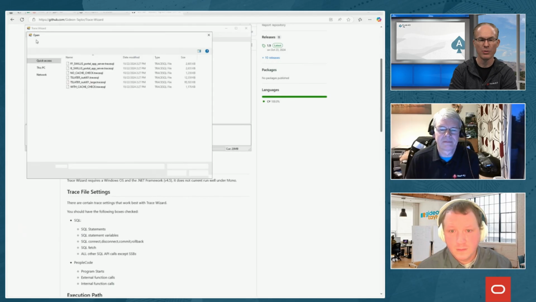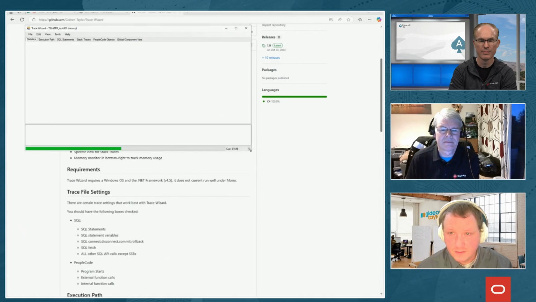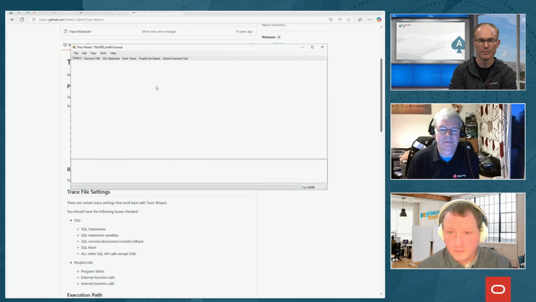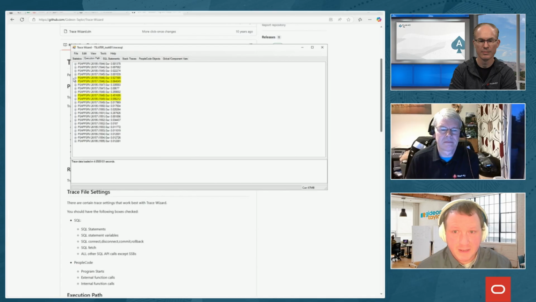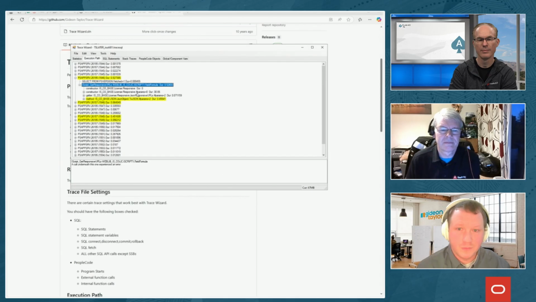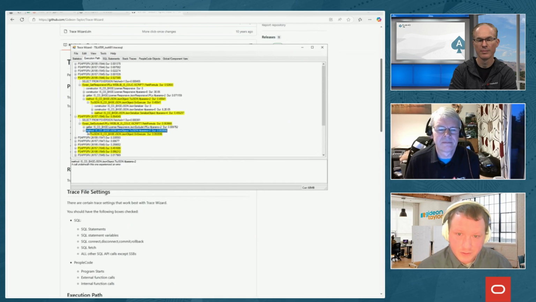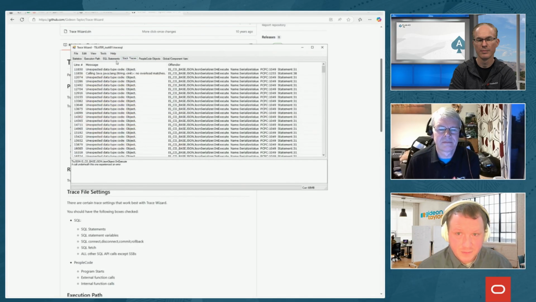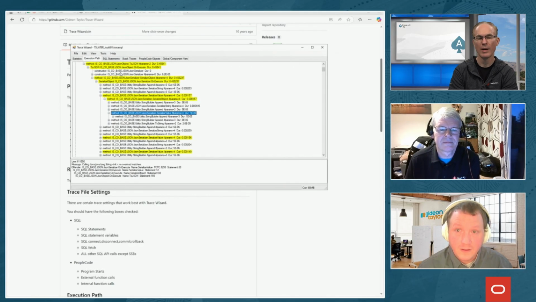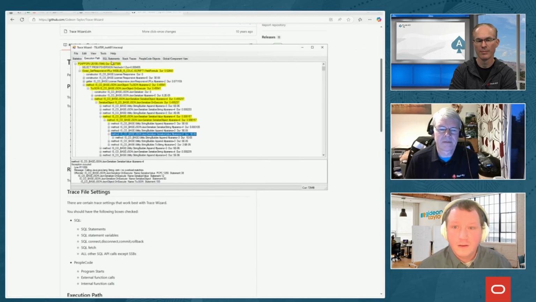So, incredibly powerful tool. Let's see if I have a trace here. So you can see the execution path. Ones that are highlighted yellow are slow by some configurable time. Or actually, I'm sorry, I think it's highlight green is slow. The yellow means that an error happened somewhere in here, like some subcall had an exception or whatever. You can get to those easier by going to the stack traces. And from the stack trace, if you double click it, it'll take you to where that happened in the execution path, and that's red. SQL statements,